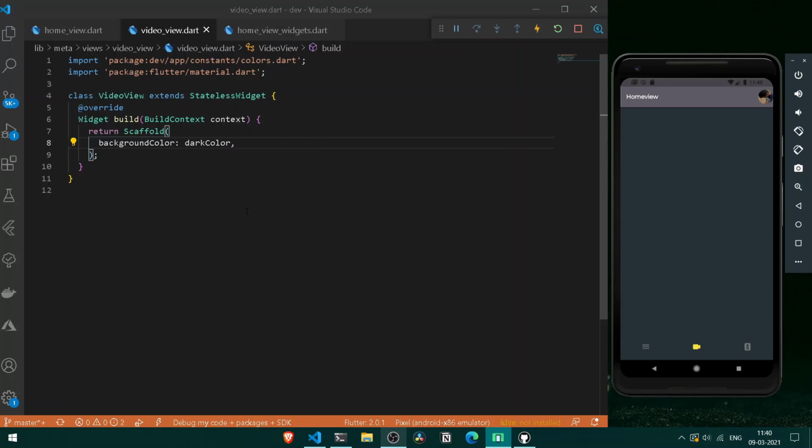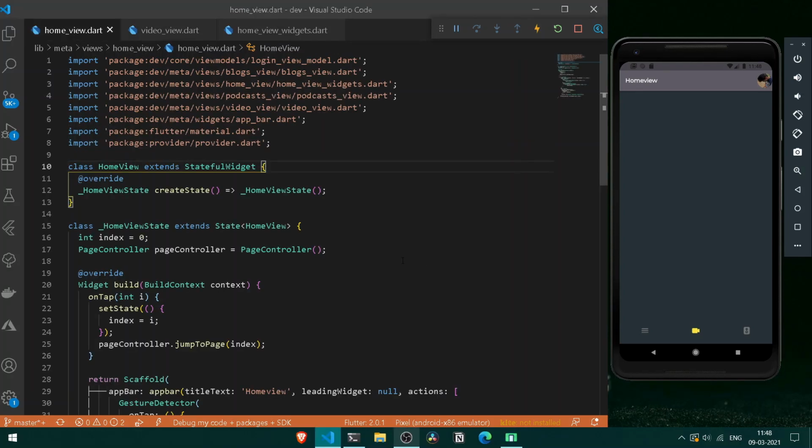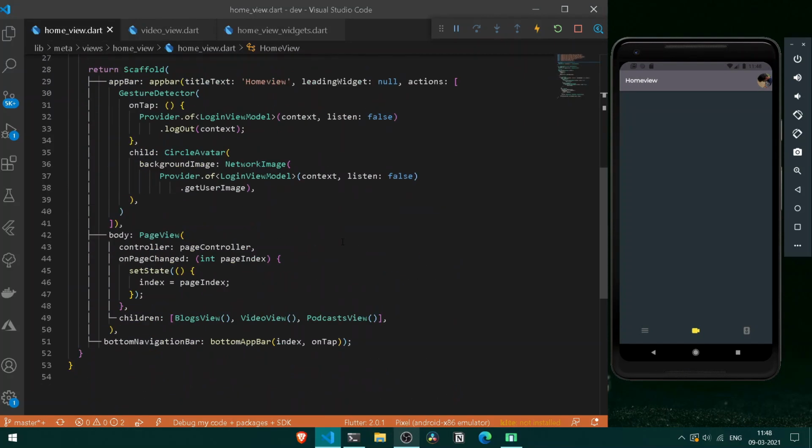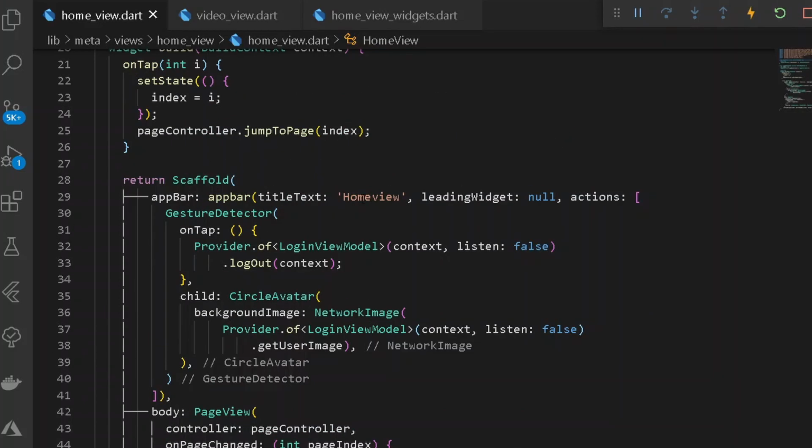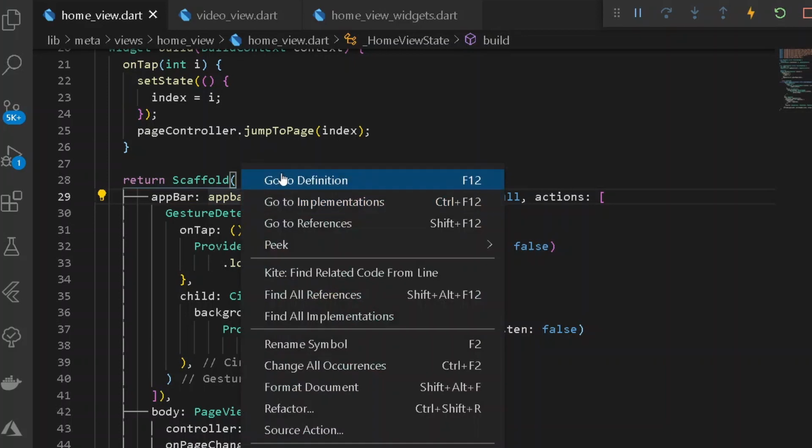So here, first of all, let's work over our entire video view. But before working over video view, let's go under our entire home view. Cool, so now let's make some more changes over our app bar under our home view. So here under our home view, if you see our app bar, instead of having the name returned to be home view, let's create a different text. So here under our entire home view, we shall be requiring a new text of Dev. Format document first.